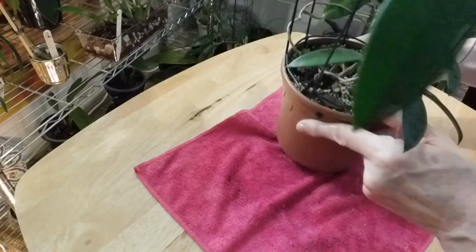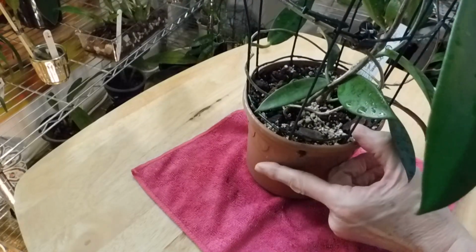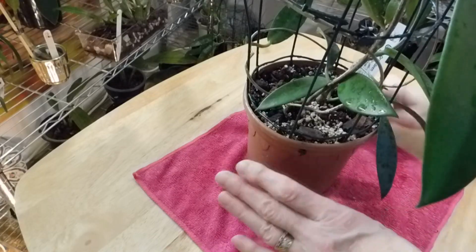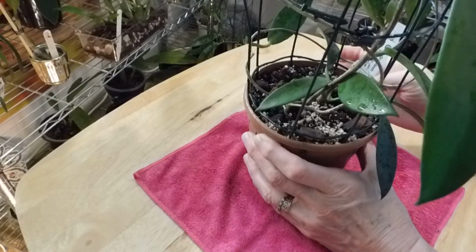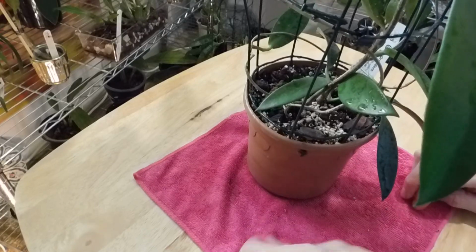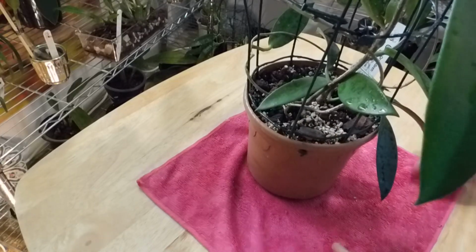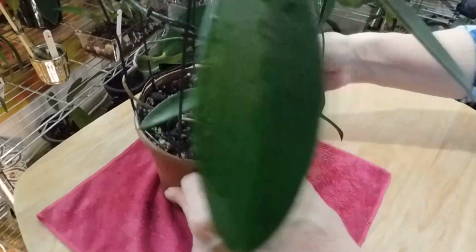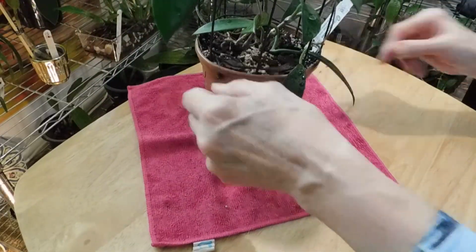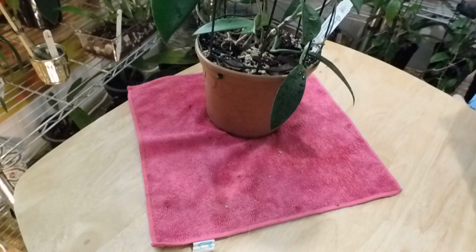But this one now, I'm sending out the tendrils. It loves it, and I've just watered this again. I watered and fed it, and foliar fed this one as well. So I'm going to leave that on the table, and then I should be able to show you just as before I get up. And the last one I wanted to show you, which I've just repotted,